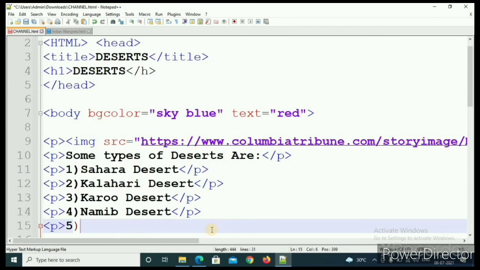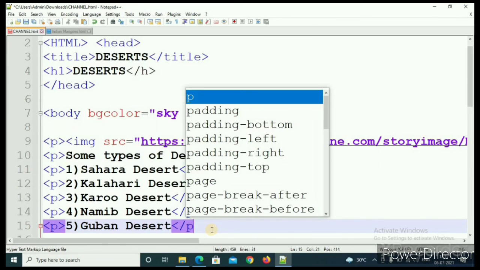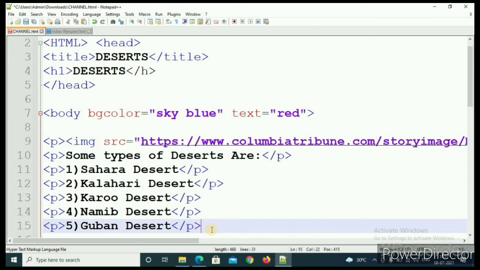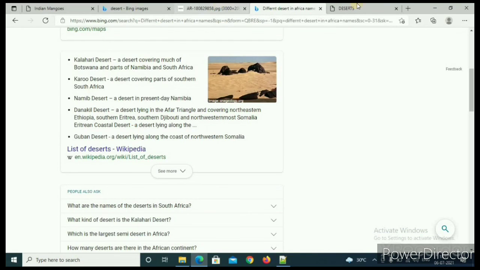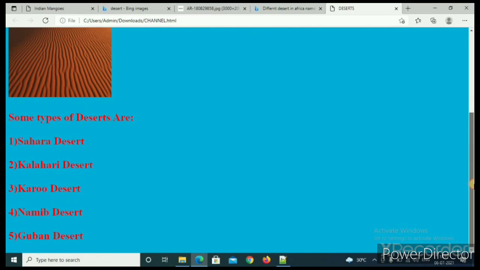Then Guban Desert. Guban, then desert. Okay, so I will end here, and this. I'll save it, and then you can see it's now done.